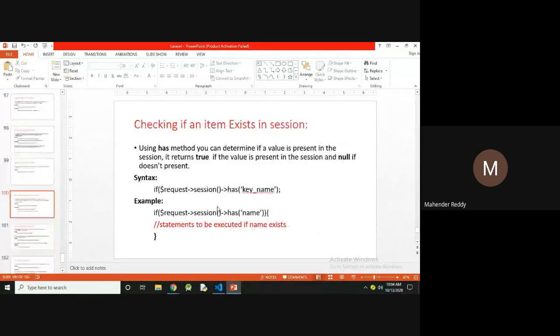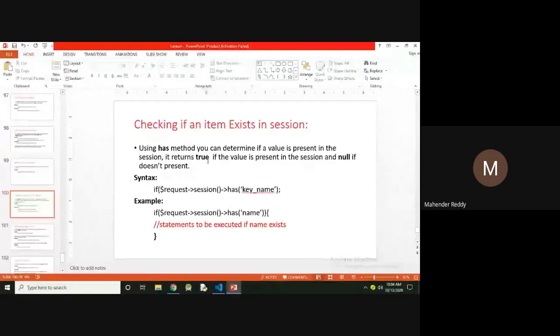And checking if an item exists in the session. If you want to check whether a particular key is available or not, you can use the has method. You can determine if a value is present in the session. It returns true if the value is present in the session, and null if it does not.